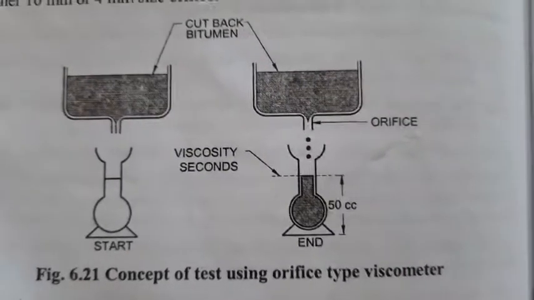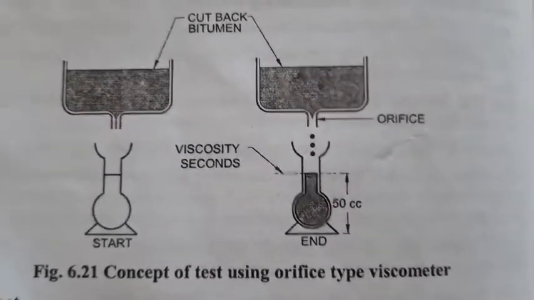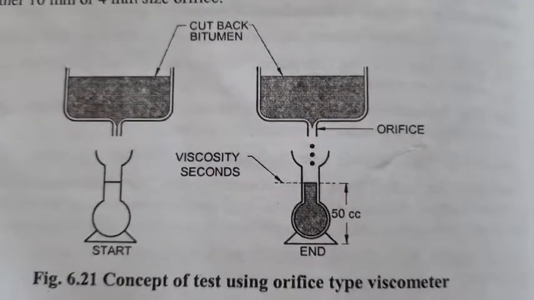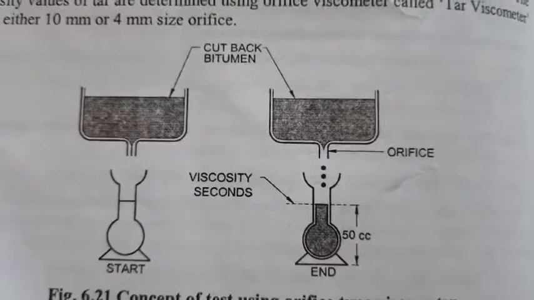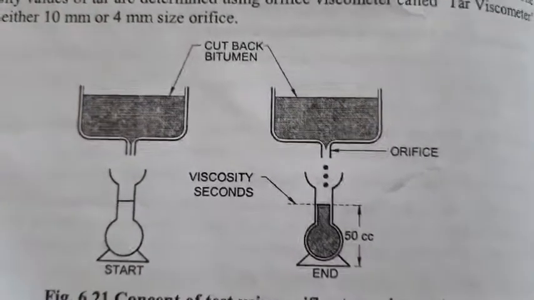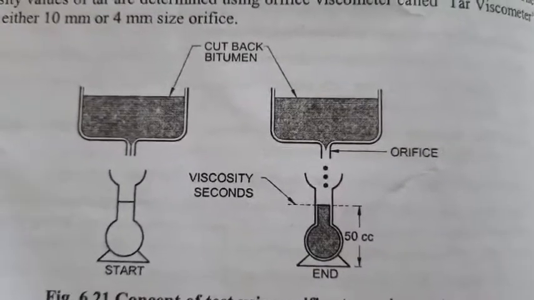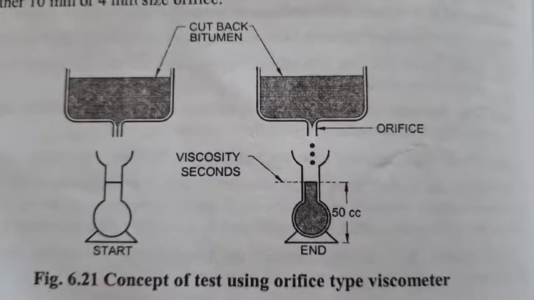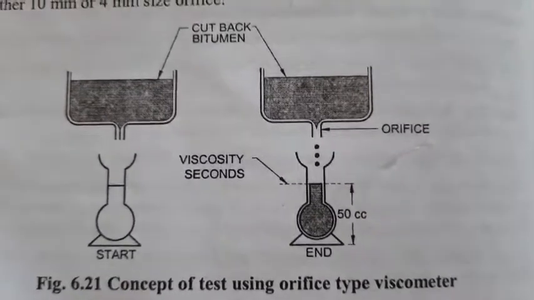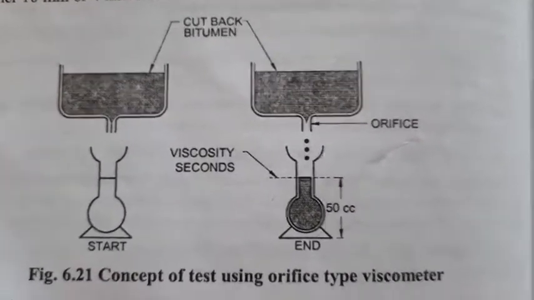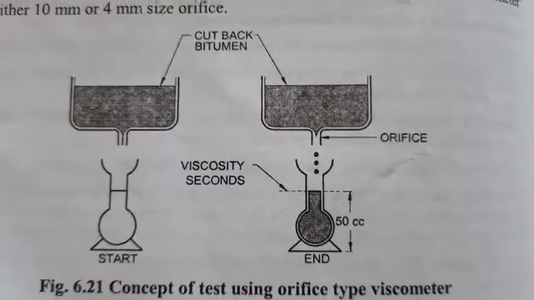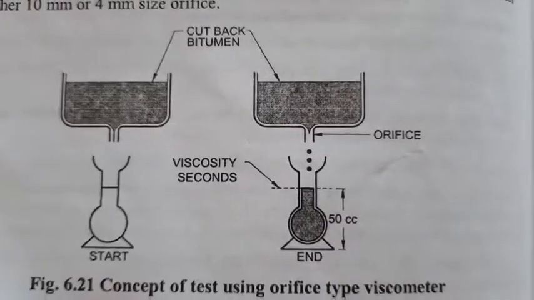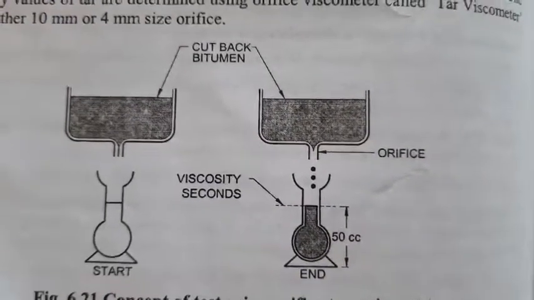Here, as the viscosity grade increases, like VG 10, 20, 30, 40 and so on, it shows that the higher the VG value, the thicker it is in nature. The same in penetration value: if it's 30 by 40, it means it's very hard. If it is 70 by 80, it means more soft. If it is 80 by 100, it's even more soft.